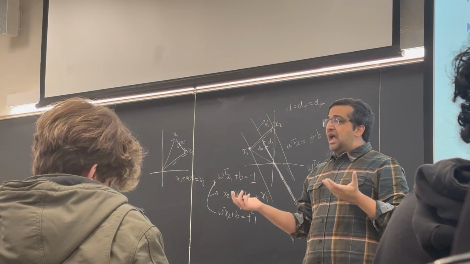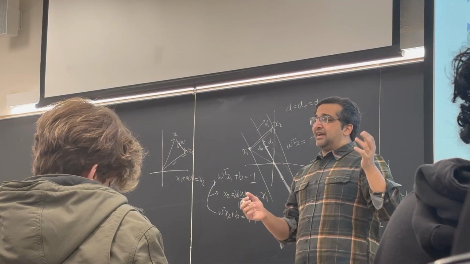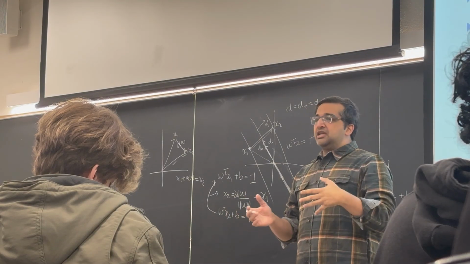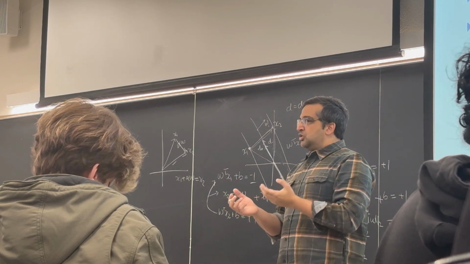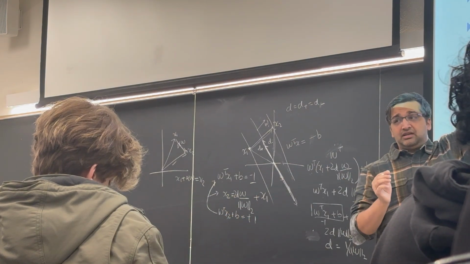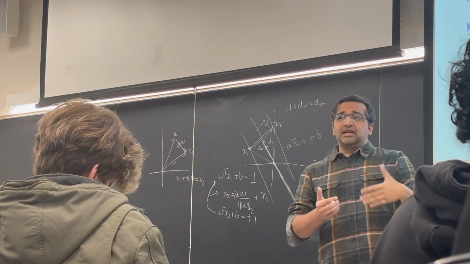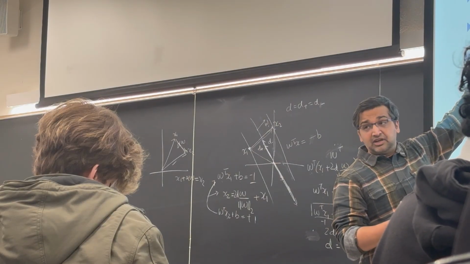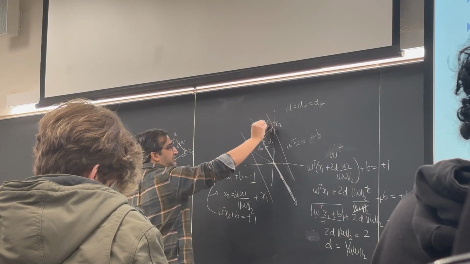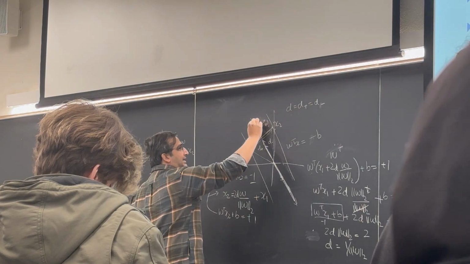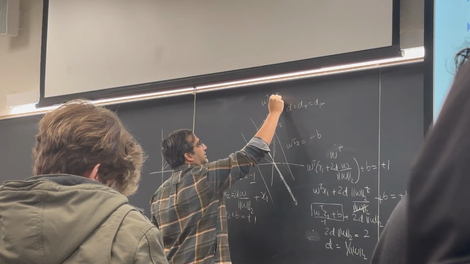right? And we want to find a W that not just maximizes the margin, but also classifies all the examples correctly, which means we'll set up something called a constrained optimization problem. So we define what is the optimization criterion first at the top, that is maximization of margin, and then we will add constraints which look like this. So this is the first constraint, right? So if this is my hyperplane, this is my W, then this entire half space will have W transpose X is greater than equal to